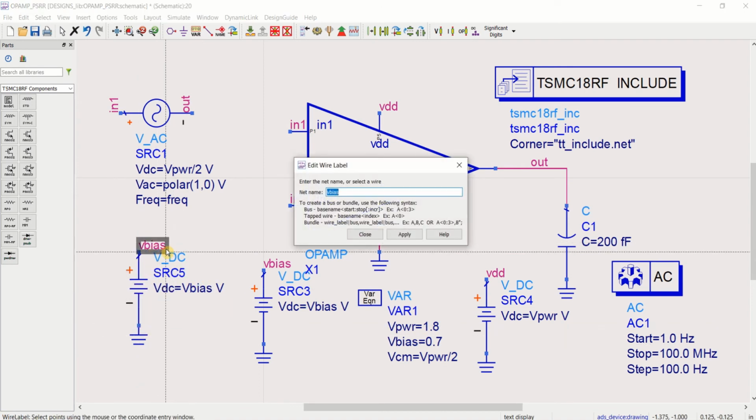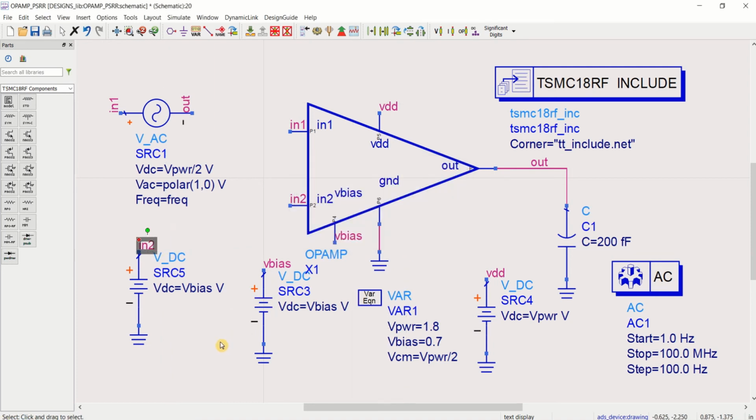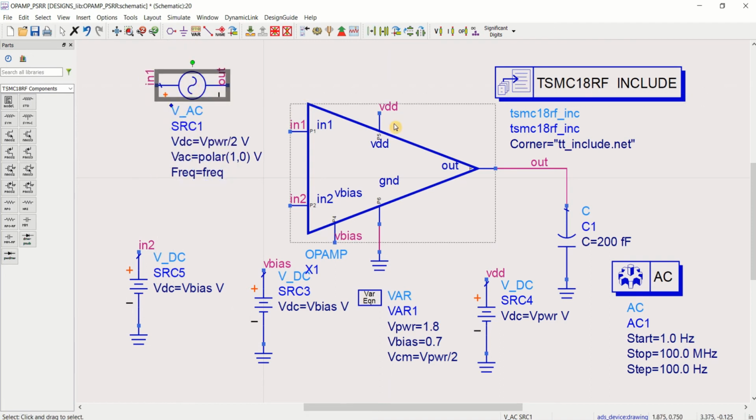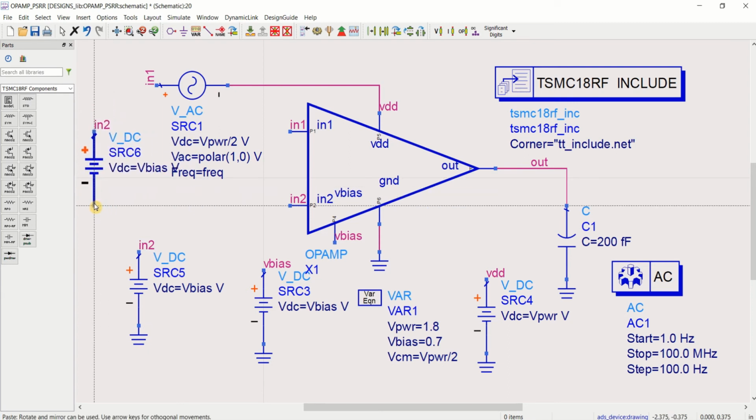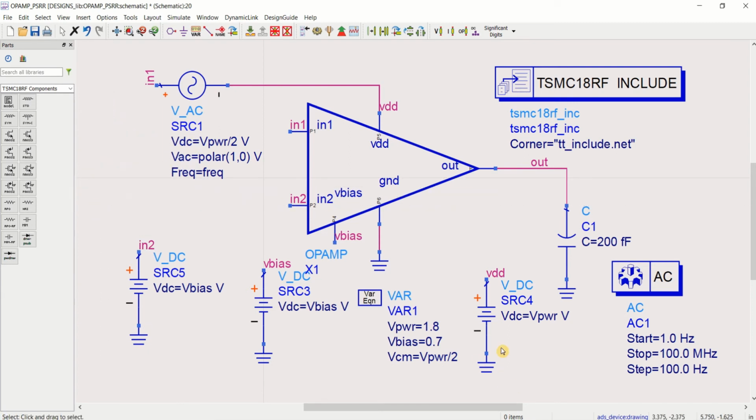This is in 2. Connect the VDD, and this with the, or I'll use this V power.